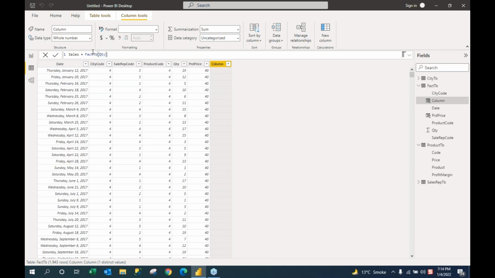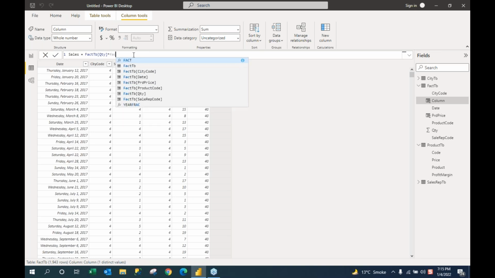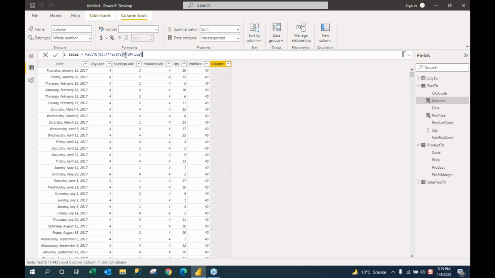Now fact TB is the name of the table, and quantity is the column that is present in the fact table. Now multiply this by the fact table and PRD price. Fact TB is the name of the table, whereas the PRD price is a column present in this table. Now click enter, and these two values will multiply, and we get the sales transaction, sales number,